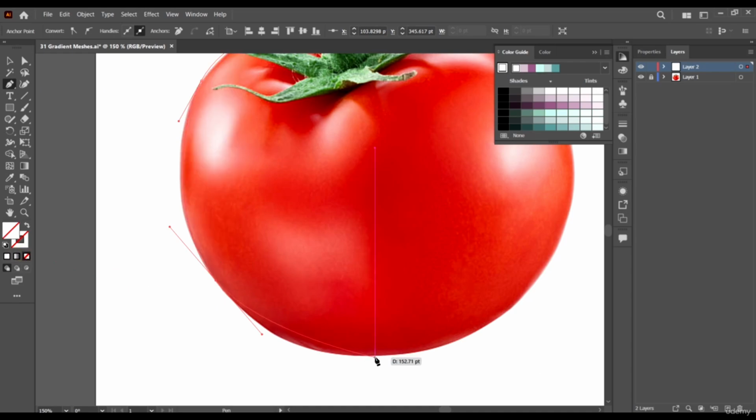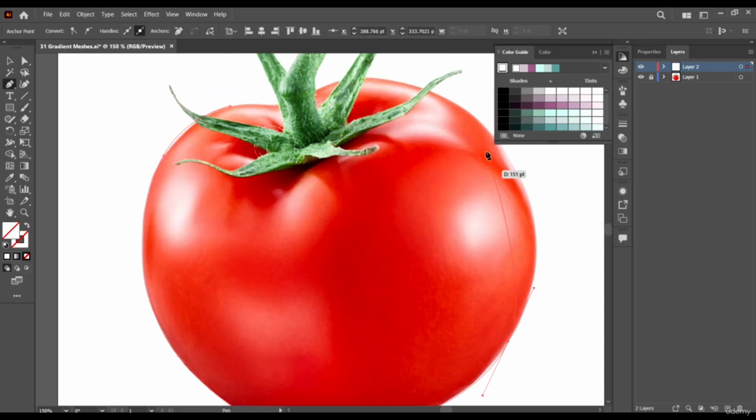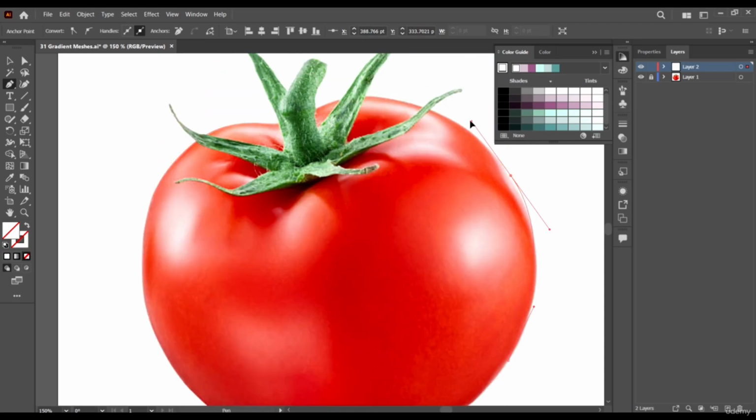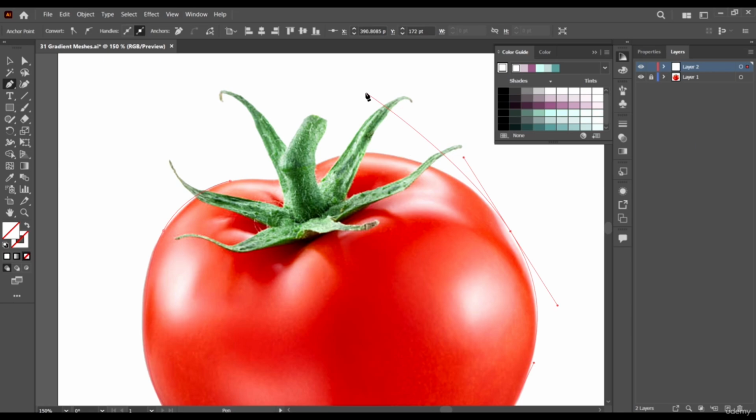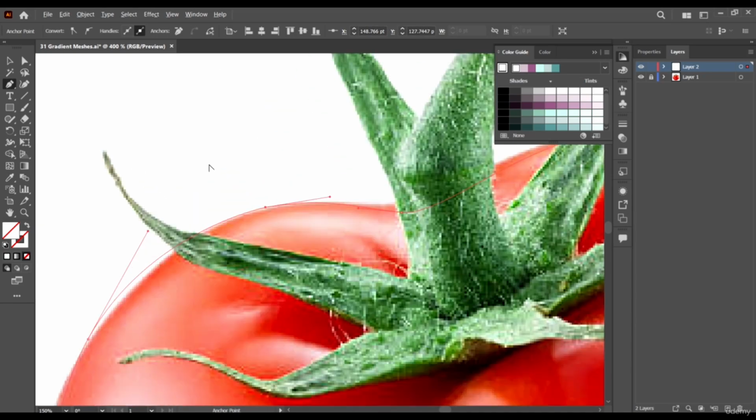Remove the fill color, keep drawing it out, and kind of even it out.